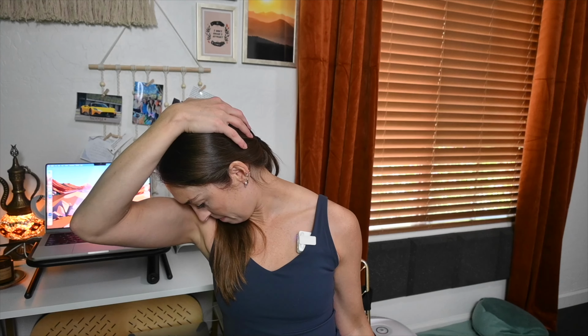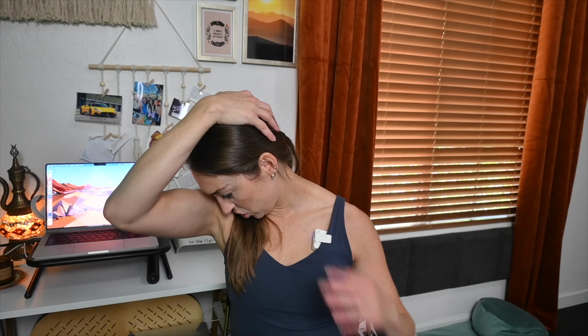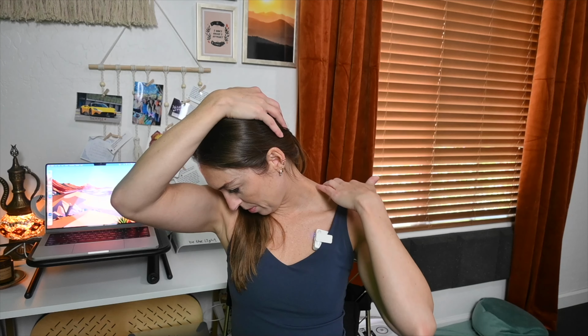Now, second great neck stretch is very similar, but this time you're going to look down toward the armpit. Okay, so let's go back to the other side. Now, you're going to lean away slightly, but you're also going to turn and look down at your armpit like so. Doing this is going to target the stretch a little bit more in the upper trap,